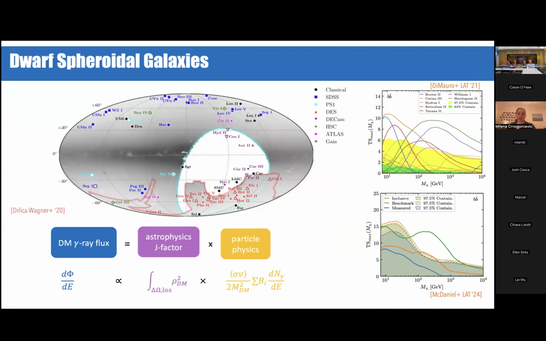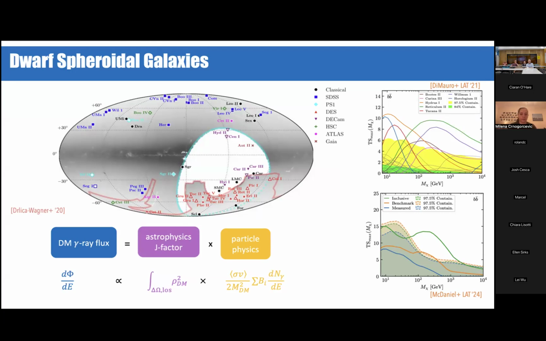Now, just to bring back, the dark matter gamma ray flux comes from the astrophysics J factor and the particle physics modeling, in dwarf spheroidal galaxies too, of course. And I want to emphasize this again because the astrophysics J factor is an important ingredient in the searches for dwarf spheroidal galaxies. The astrophysics J factor basically measures the dark matter content in the line of sight between us and the given source. And this is important for any extragalactic